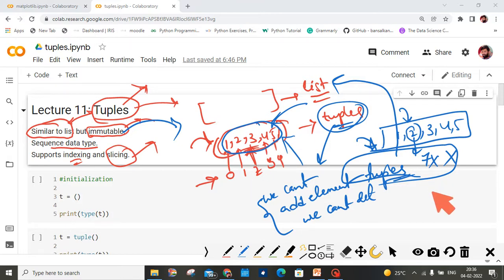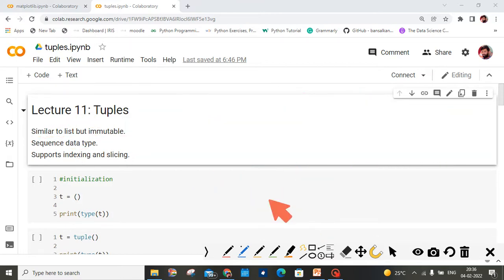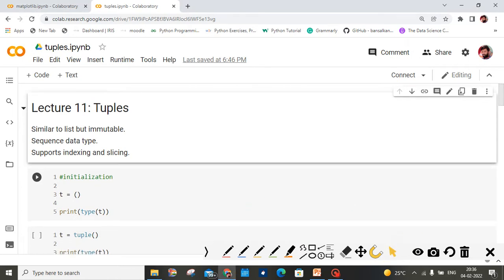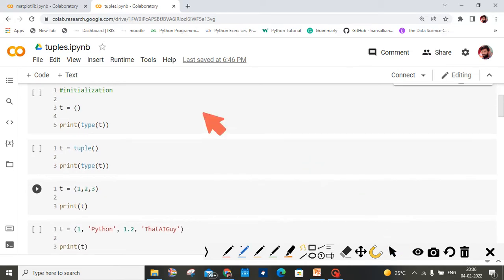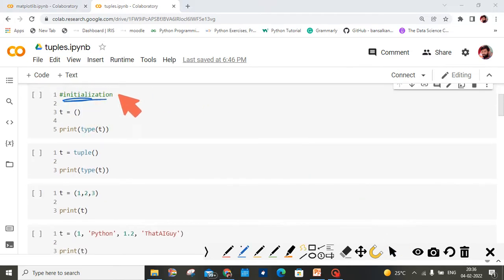Okay, now we will see how to initialize tuples using the parentheses, and a couple of different methods. Look at this initialization. In this case, an empty tuple. This is some variable, you can take any variable.